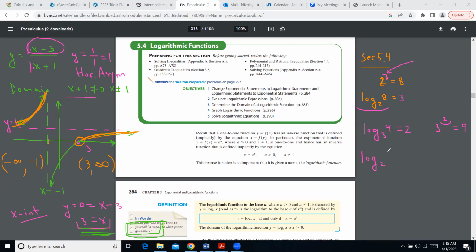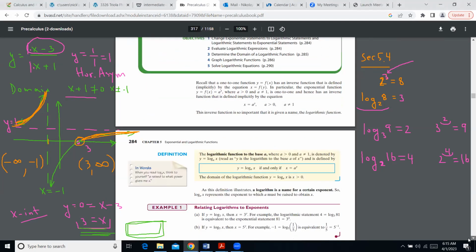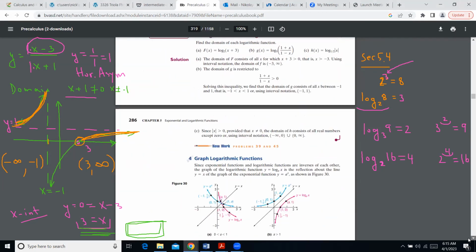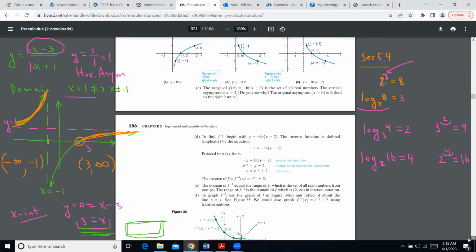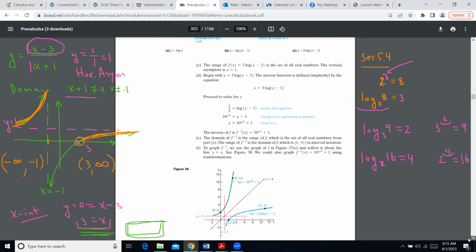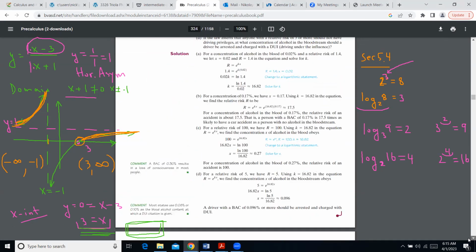So what's logarithm base 2 of 16 equal to? Well, right away, I'm thinking about powers of 2, right? The base is here. The result is 16, and the power needs to be the number 4, because 2 to the power of 4 is 16. So the logarithm, the power, is 4. So that's, I guess, the start of the story of logarithms that we're going to be dealing with till the end of this class. So let me take a look at some exercises here at the end of this section,